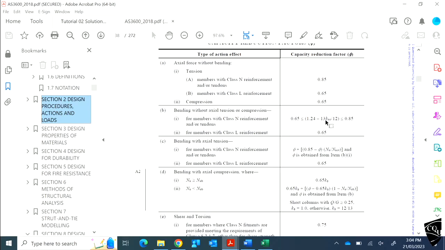So if you substitute Ku as 0.36 or anything less than that, you will get a value larger than or equal to 0.85. So then it will limit, because it cannot exceed 0.85. So the maximum is,